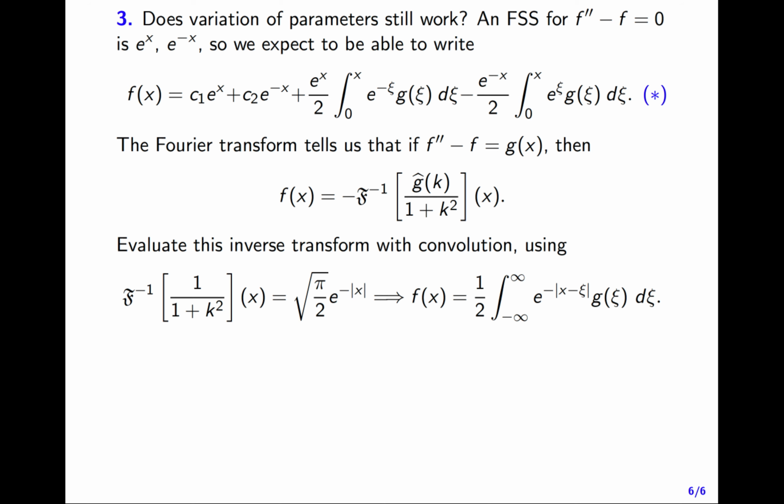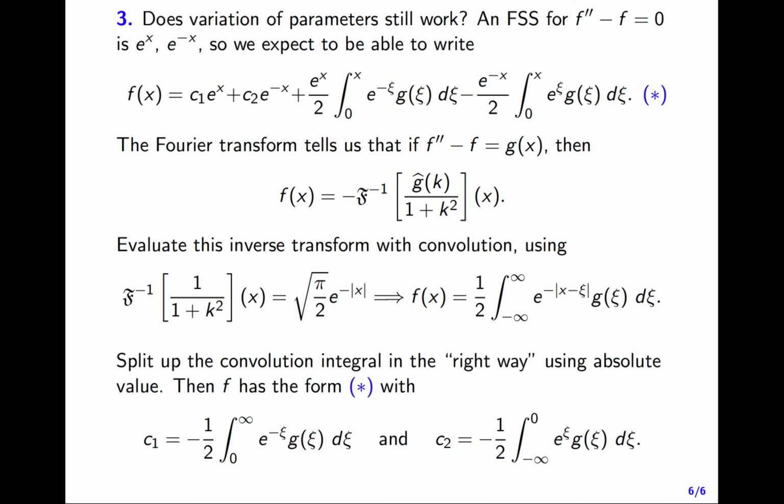And if you do the convolution and you grind through a few calculations here and there and do the arithmetic right, it turns out that this inverse Fourier transform really reads f of x equals 1/2 times the integral from minus infinity to infinity of e to the minus absolute value of x minus c times g of c dc. So if you split this integral up in the right way using absolute value, and by right way I mean what I do in the notes, I won't subject you to that here, then f will have the form star